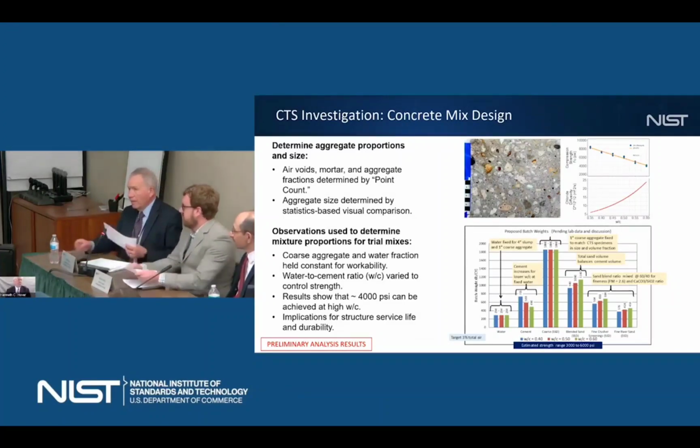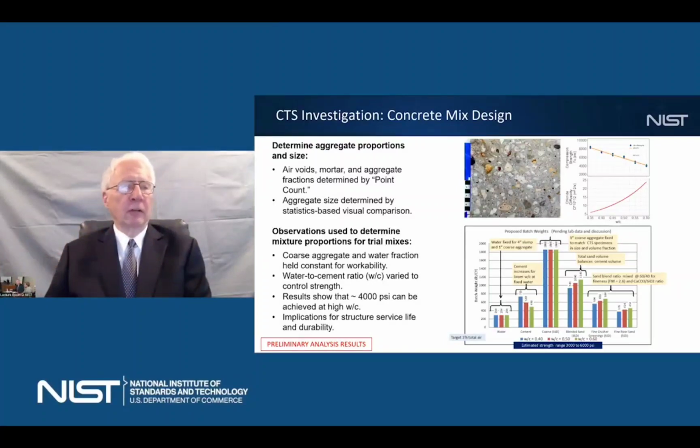Well, good morning, everyone. My name is Ken Hover, and Scott Jones and I co-lead the material science team. An objective of the material science team is...